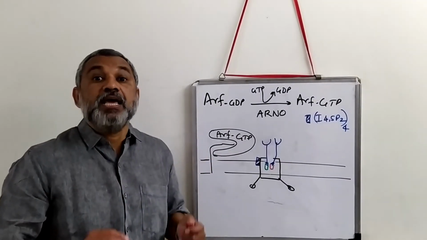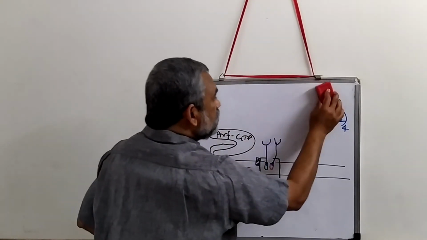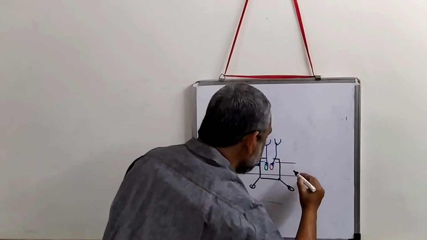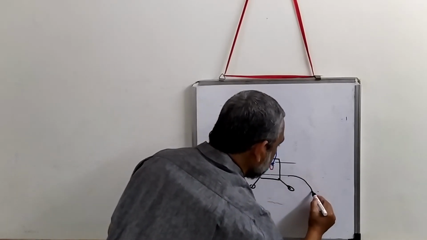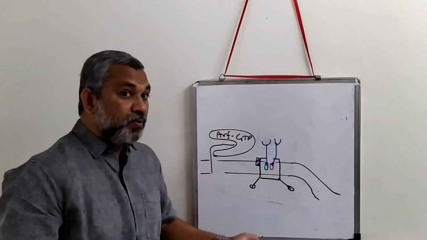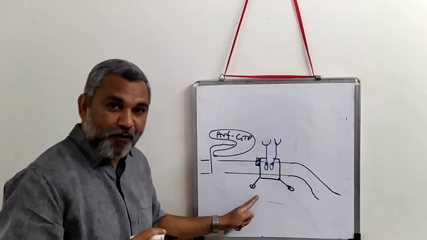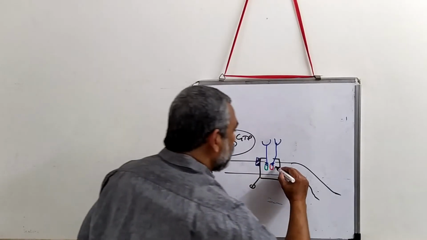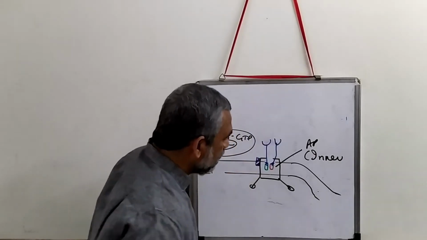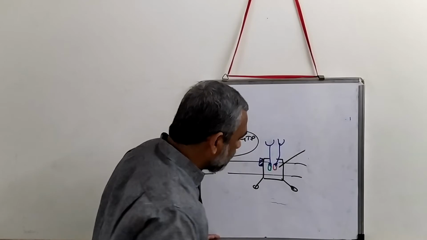All this is leading towards formation of the curvature. It slowly begins to bend. Now, the coating has to be formed. Now, how is the coating formed? So this is the AP protein. This is the AP protein. This is forming the inner coat. So therefore, if that is forming the inner coat, we will put the curvature this way.